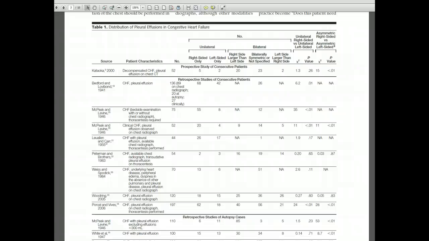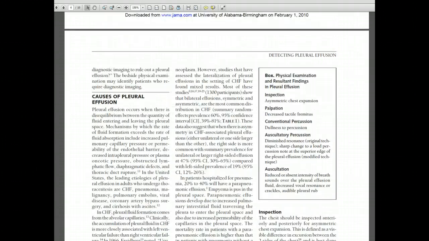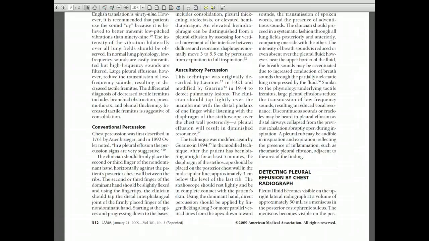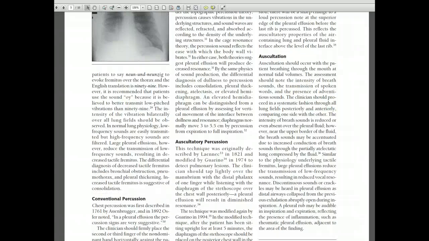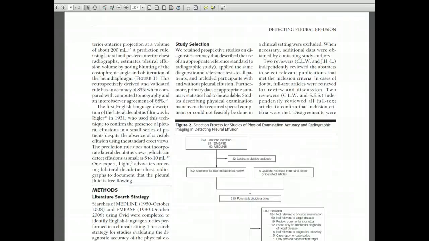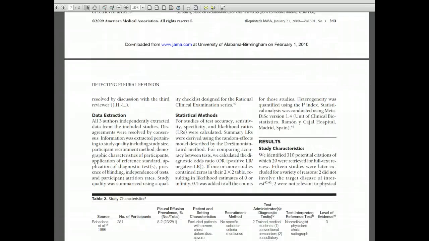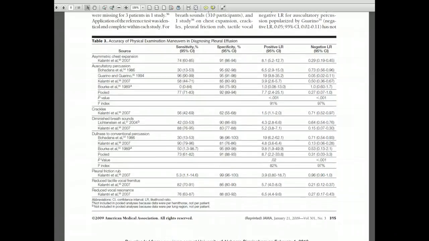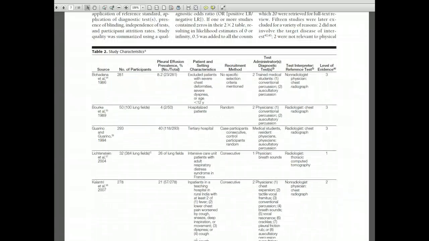Now, one of the things in all systematic reviews is that the authors should give you a table showing you some information about the studies that were done. Here, the authors of this particular systematic review show you individual components that they're going to consider in reviewing to detect a pleural effusion. They give you some information on how it's done. And really, the meat of the Rational Clinical Exam Series articles is this table of results. Now, I do want to go back 1 second because I was talking about the